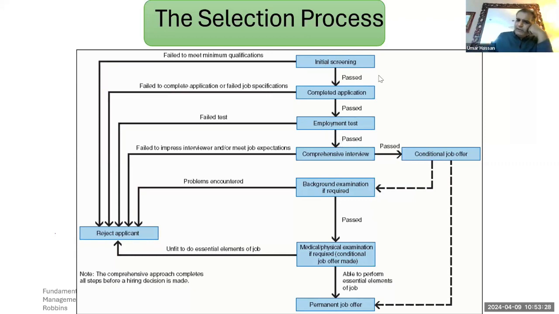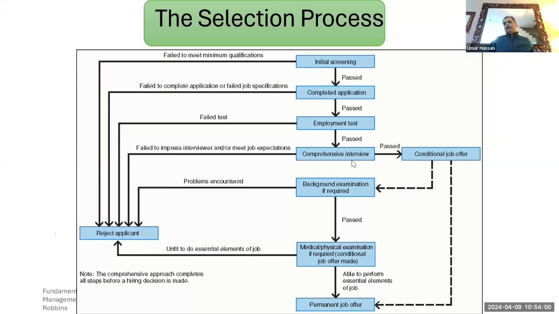Starting with 12 people initially, all these screening procedures are there so that at the end you are left with the top 2 or 3 individuals only. Because only then would you be conducting the interviews. You cannot right away conduct interviews for all the applicants. It is not possible, not advisable. It is not an efficient way to do it. You would want to have one-on-one discussion interviews with the top shortlisted candidates only. So